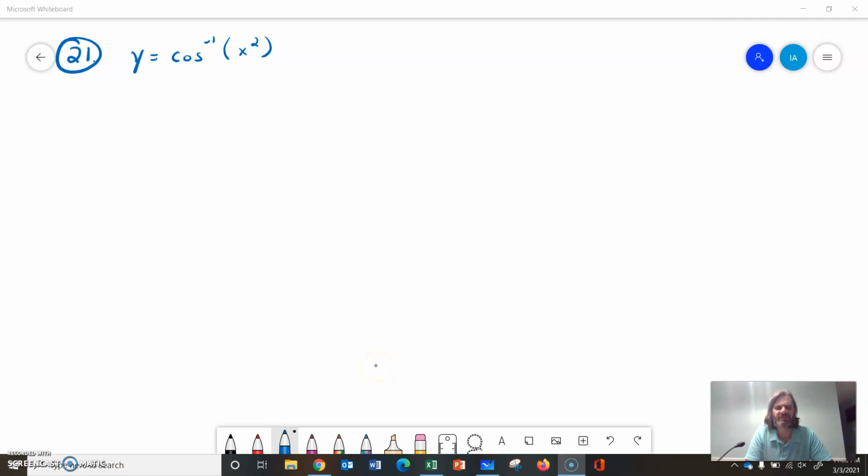Alright, we want to take the derivatives of some trig inverse functions. In this one we've got y equals the cosine inverse of x squared. So the first thing to do is look up your derivative for cosine inverse. It looks something like this: d over dx of the cosine inverse of x equals, well, let's change that to